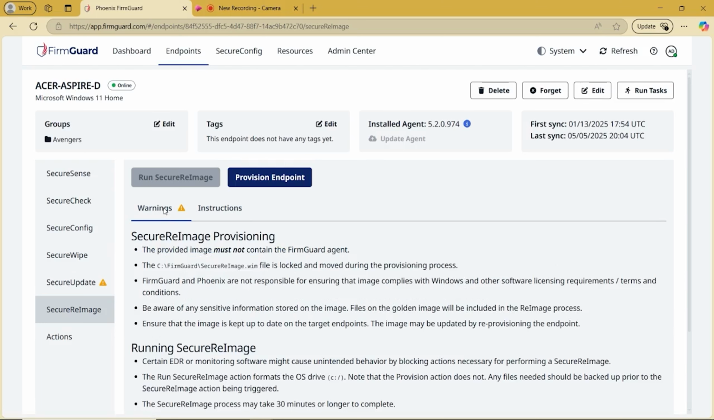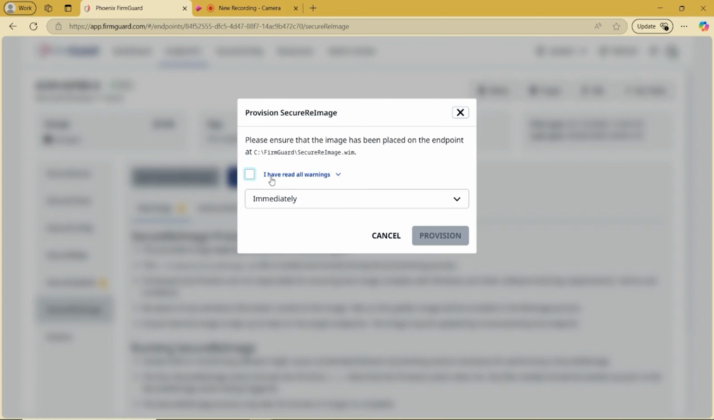The first is that the golden image must be a .wim or Windows image file, and the file must be named SecureReimage.wim as shown here, and it must be located on the target machine, in this particular case, the Acer Aspire, at this very specific location. Now, the WIM file is typically deployed with the help of an RMM tool, but of course doesn't have to be. Now, once the golden image is in the designated location, as indicated here, you can click on Provision Endpoint,